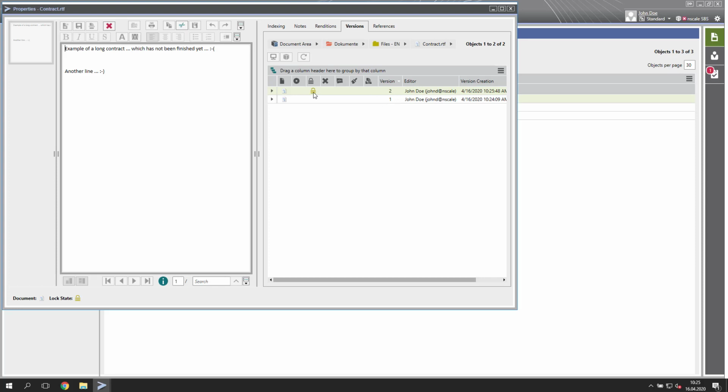Since the properties dialog of this document is open, now you can see a lock. The document is locked from further editing by other users. There are also a few other icons which might be of interest. For example, this small CD icon, which will reference back to, for example, persistent storage for archival purposes, or that